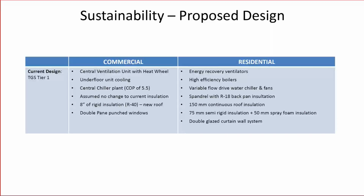the central ventilation unit with heat wheel recovery, underground unit cooling, central chill plant with a COP of 5.5 and magnetic bearings. So for the commercial, there's not. We just assume that the heritage walls have to remain. So that led us to have to ramp up that insulation for the roof, R40, and some double pane punch windows that were pretty